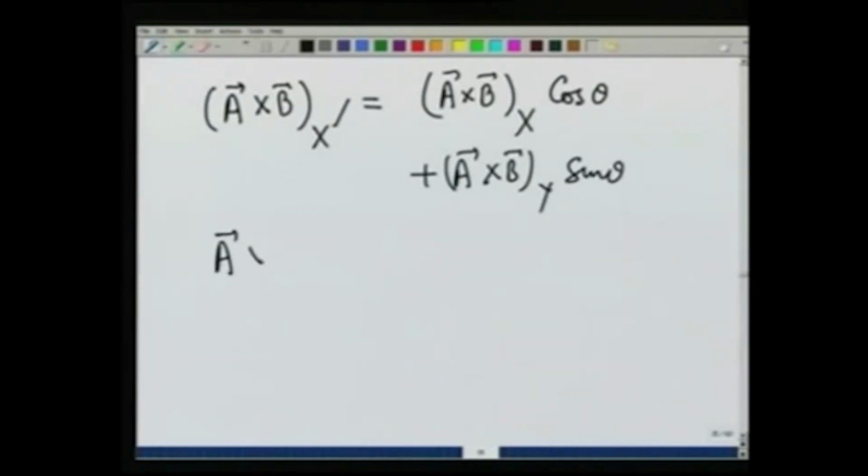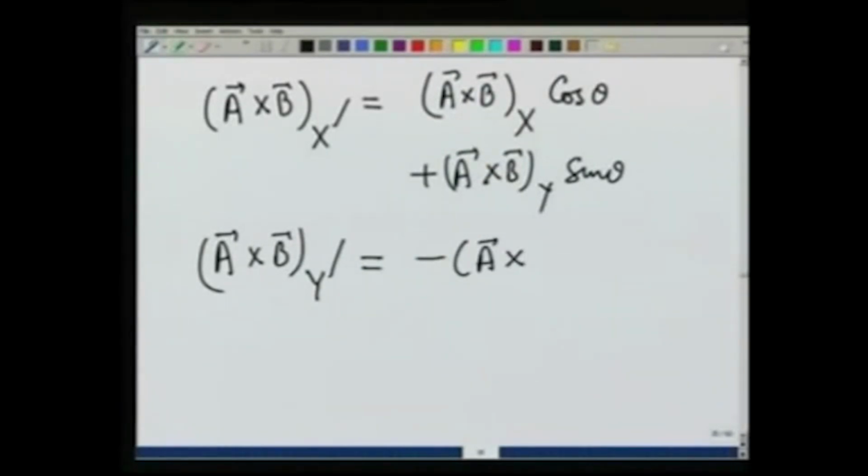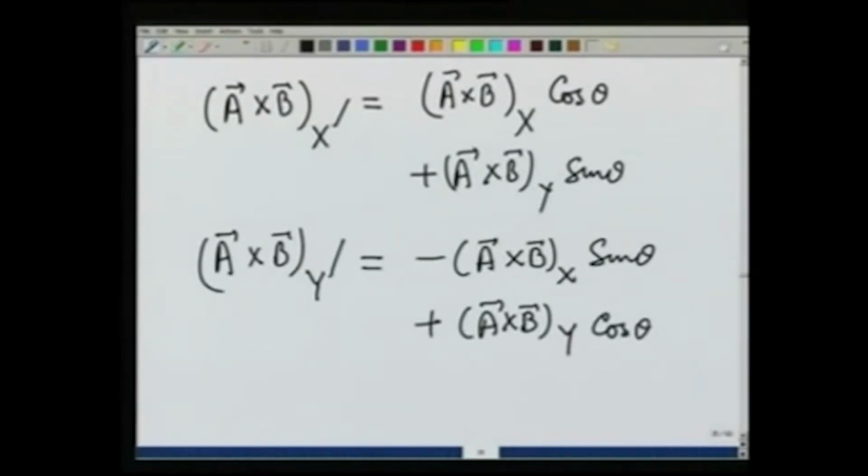Similarly, the A cross B y prime component, if I am changing only the x prime and y prime axes by rotation about the z axis, should be equal to minus A cross B, the x component, sine theta, plus A cross B, the y component, cosine of theta. I leave this as an exercise for you. So, it is this combination, ax by minus ay bx and things like those, that defines the vector product for us. So, product of two vectors